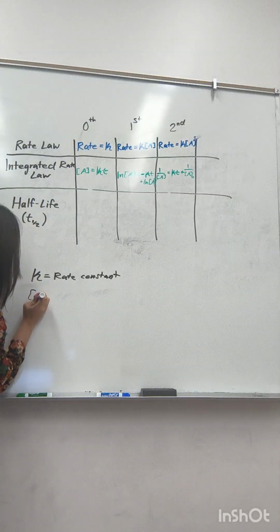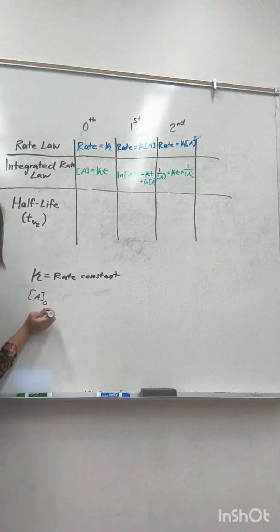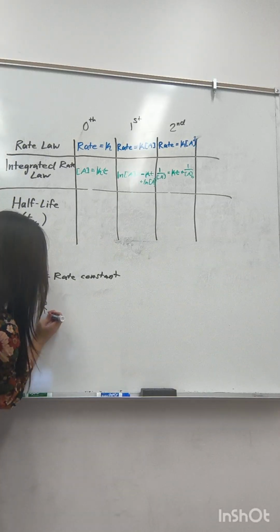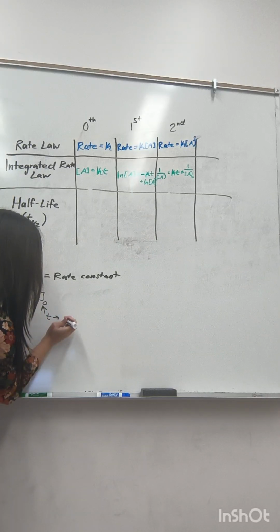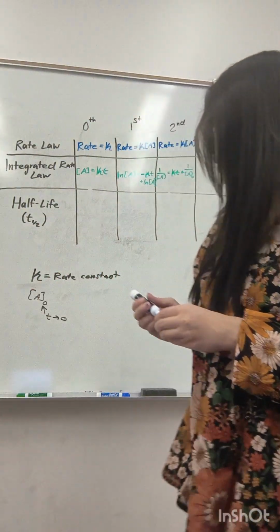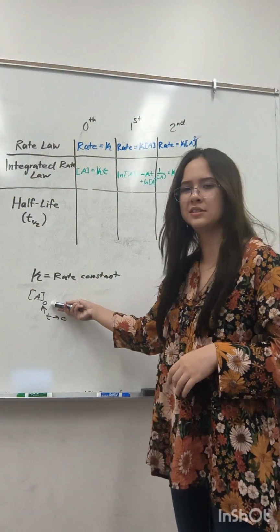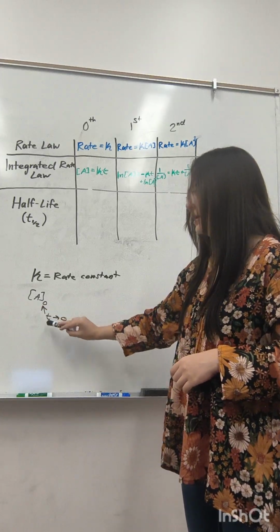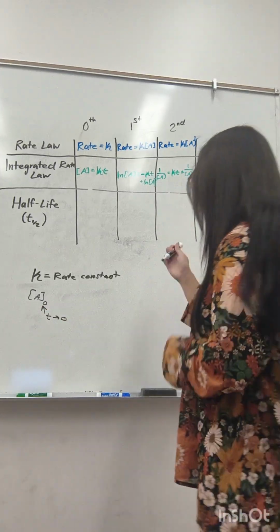Initial concentration of A would have this little 0 here. What this means is that the time is at 0. That's just a little way that I like to remember it, because sometimes it gets a little confusing when you see these little dots. But you just have to remember, if it has a little 0 there, the time is at 0. So on a graph,